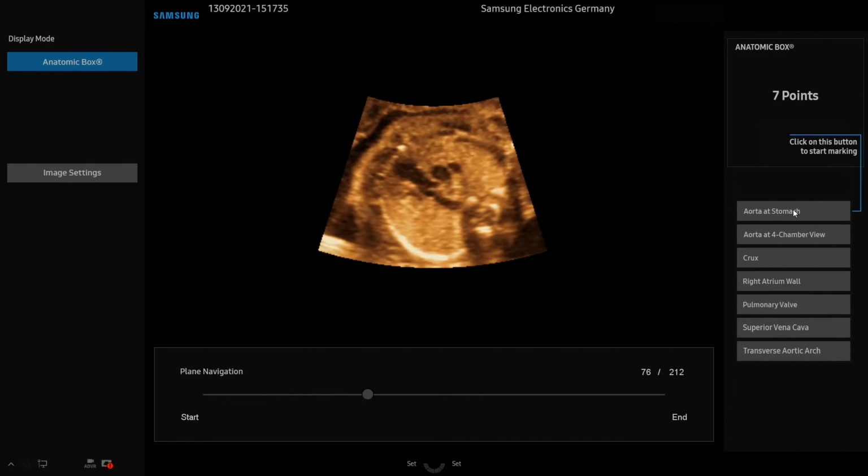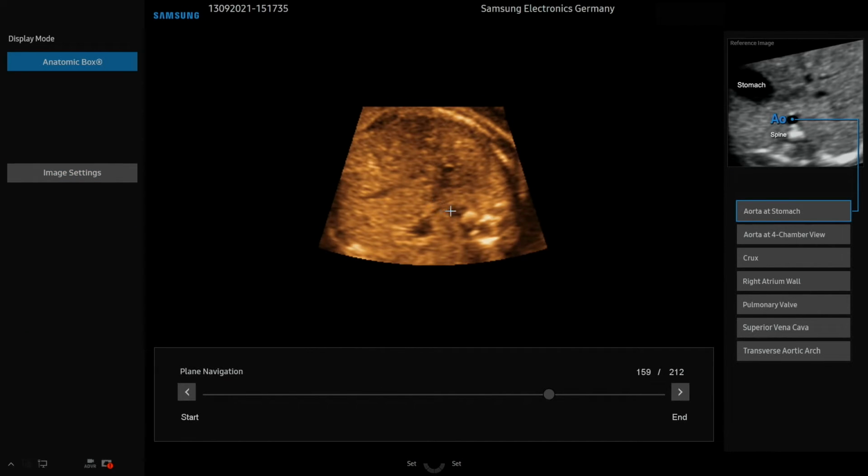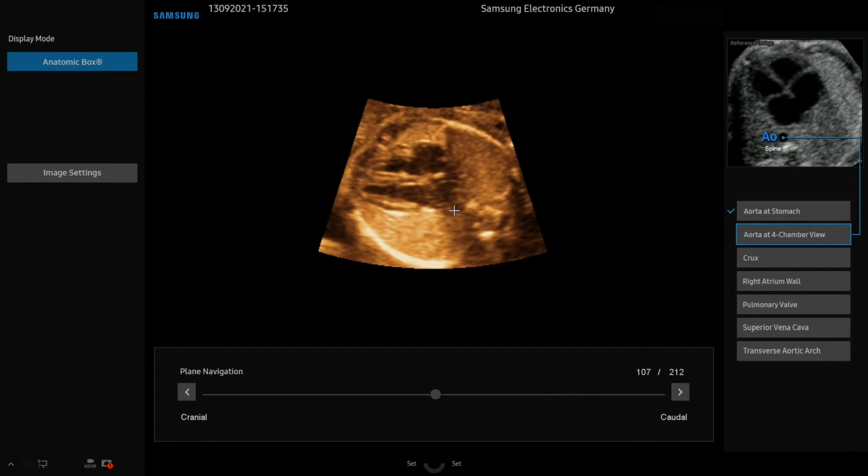And I start with the aorta at the stomach. You see on the upper right side there's a template how to mark the landmarks here, and I will mark the aorta at the stomach,